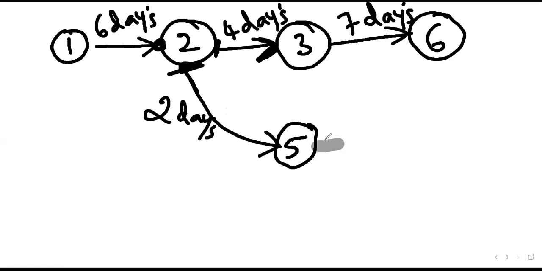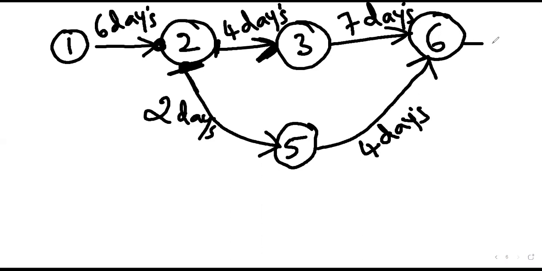So once this is done, what is the next activity? 5-6. If there are any doubts, you have to ask, because I cannot make out. This is not a physical class. Since this is an online class, I cannot make out if anyone has any doubts. 5-6. And how many days does this activity take? 4 days. And what is the final last activity? Sell the product to distributors. 6-7. And the total days it is taking is 10 days, correct.